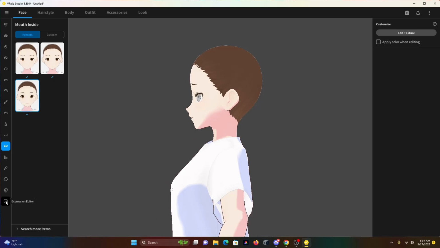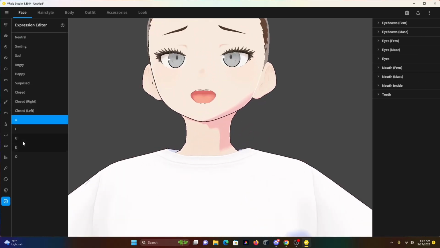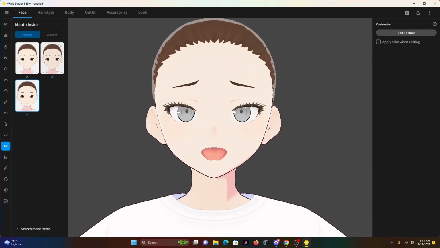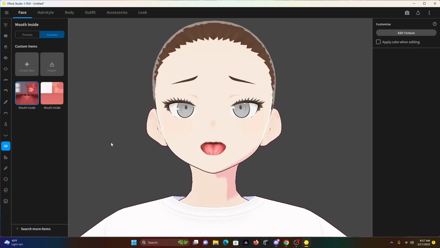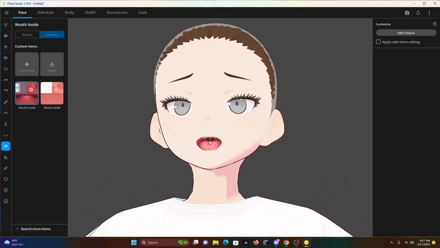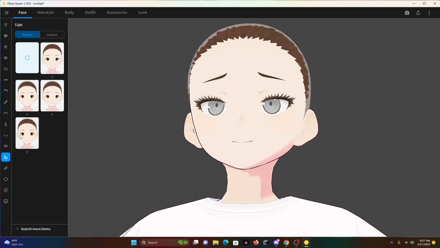And then this is for the mouth inside. As you're going to see here, I'm going to open up her mouth. You can see within her mouth, you can choose a texture for her mouth. I chose a custom one that I bought from Booth, and I'm going to go ahead and apply it there. That was one that I had purchased on the create new, and then you just apply her texture. Then I'm going to close her mouth, and then I'm going to move on to the next design of her